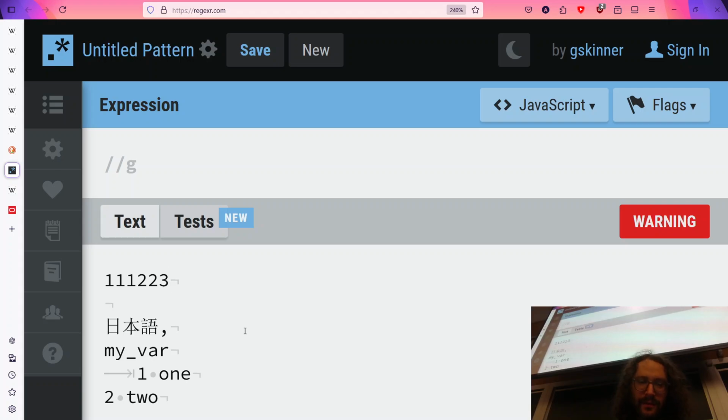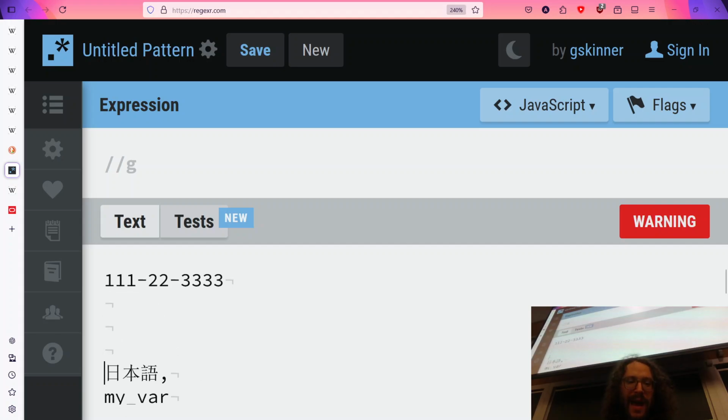Sometimes we see them in this format, where it's all one number, but usually we see dashes to separate them. We'll learn how to deal with that later, but right now we know how to write something that will match a social security number, whereas it's not going to match 770-555-1234. That's a phone number.